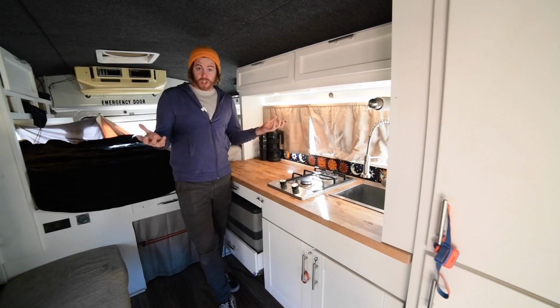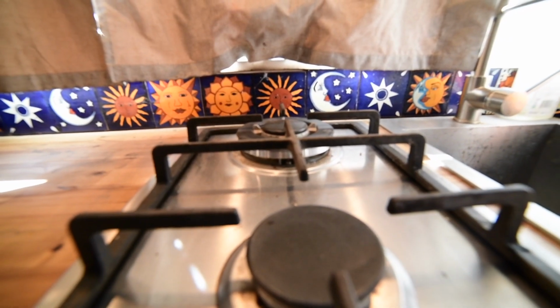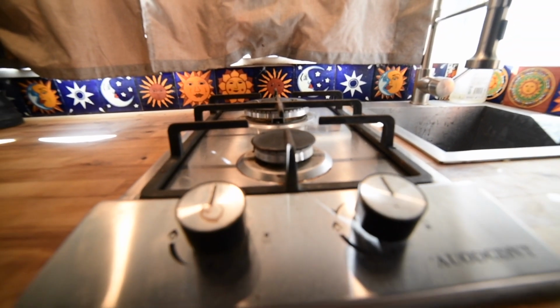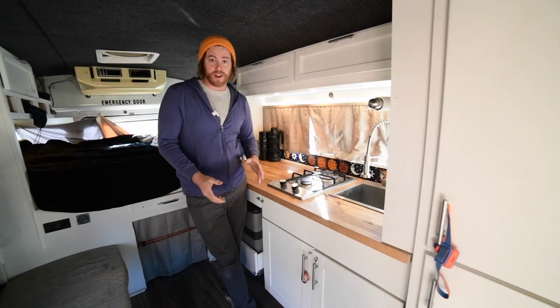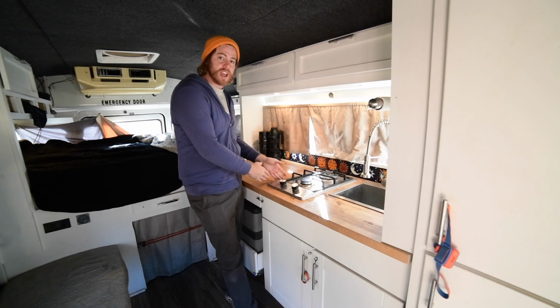And to cook cool meals inside the van, you have to have a stove. So this stove is a 2-burner propane stove. It's great. It's got a big burner in the back, a small burner in the front. I love cooking on gas. Wouldn't want any other way. I don't like cooking on electric. I like cooking on gas because it's far superior. But yeah, good stove. It also is vertical, which is pretty cool because it does save a lot of room